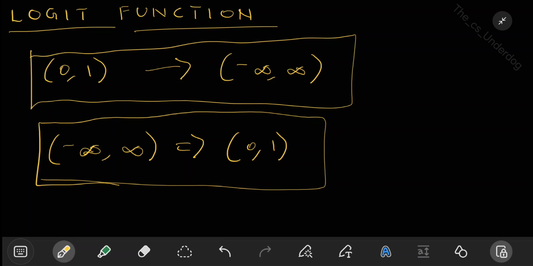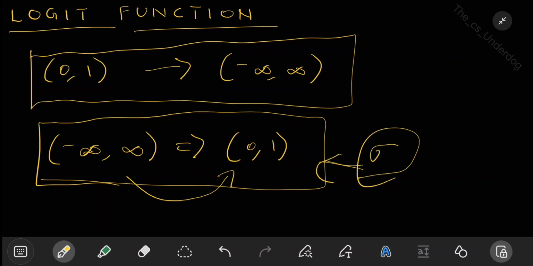It takes probabilities from 0 to 1 and maps them to the real-valued line. The sigmoid function used to bring probabilities from the real line. So the logit function is the inverse of the sigmoid function. The sigmoid function provided probabilities, and the logit function takes probabilities and maps them to